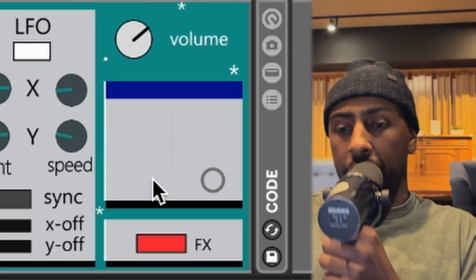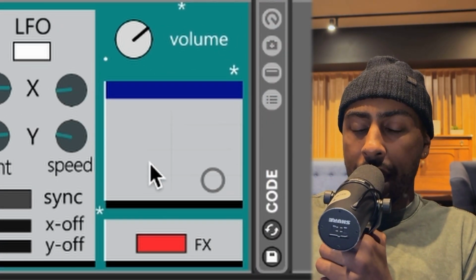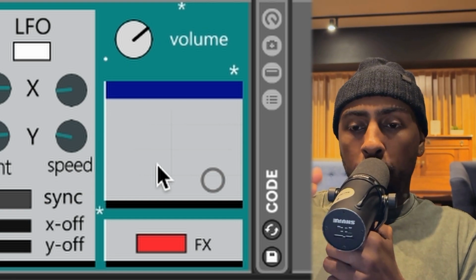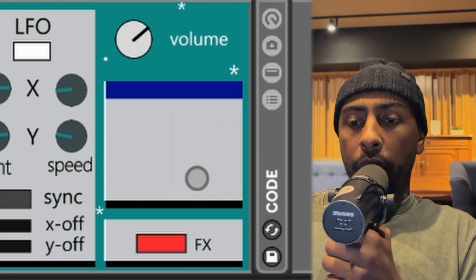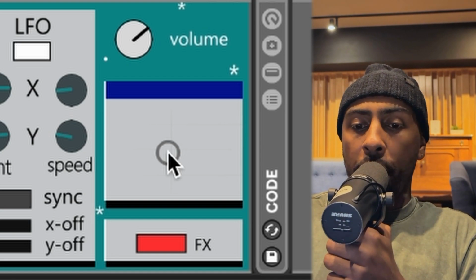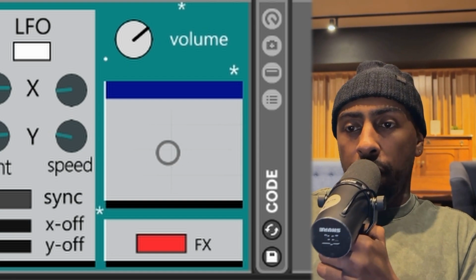For this last section, the FL version of Regen, it had a sidechain, low cut, and compression control. We wanted to switch it up a bit for the Max for Live version, and we just incorporated an extra XY pad. And all this does is it morphs the settings of whatever effects are generated for each sound. So if I have this playing,